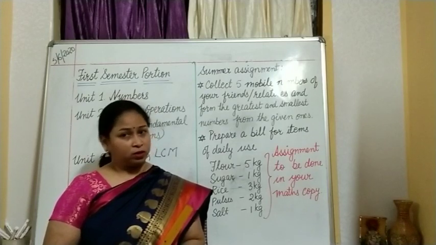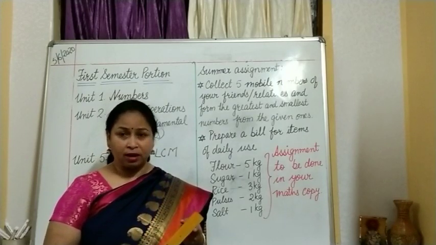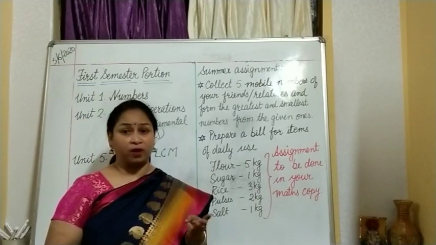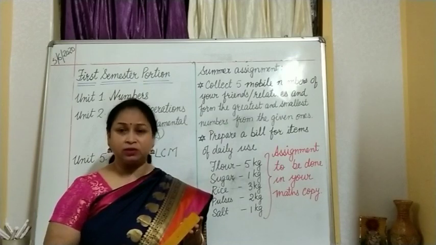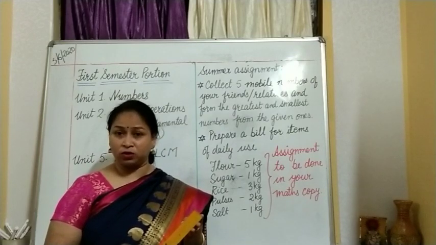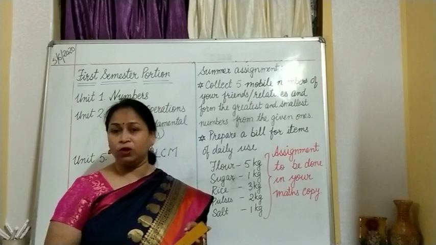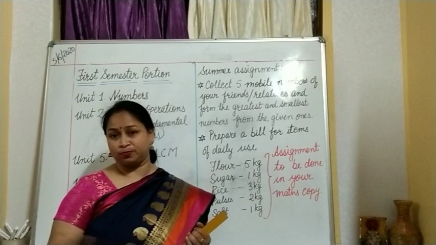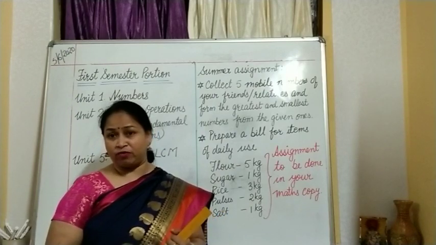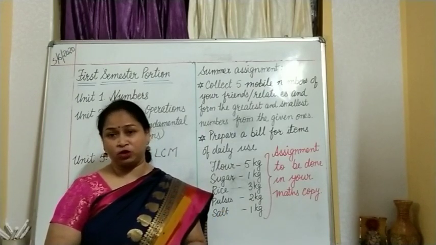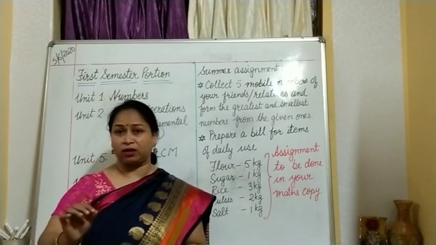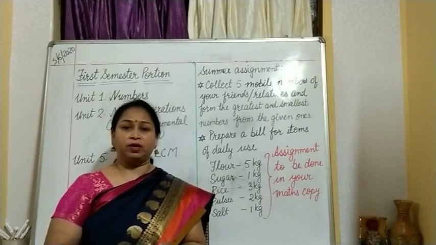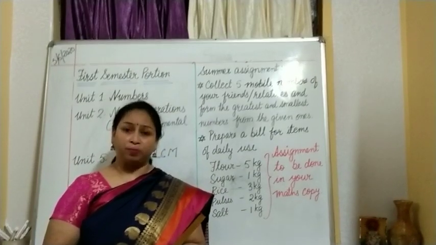So all the units are clear to you. Unit 1, large numbers. Unit 2, the four fundamental operations. Unit 5, what is it? HCF and LCM. You need to practice a lot, children, since the concept is very new. If things had been normal, I would have taken at least 15 to 20 days to complete this, because this factor is very important. I know that, but no worry, I have taken enough time to complete this one.